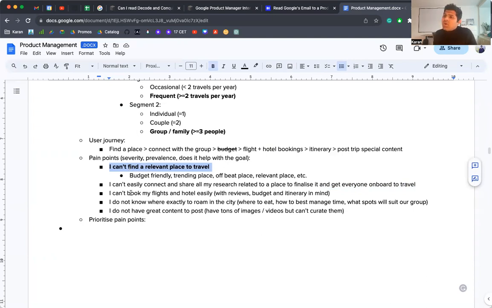The third one is obviously unable to book flights and hotels easily. Yes, you have reviews. Yes, you have a budget in mind and an itinerary in mind. Maybe Facebook can just enhance or improve the experience by providing more reviews and reviews from friends or community. But I think this is also a problem that has been very well solved. There are obviously bigger players out in the market, so maybe we could leverage a